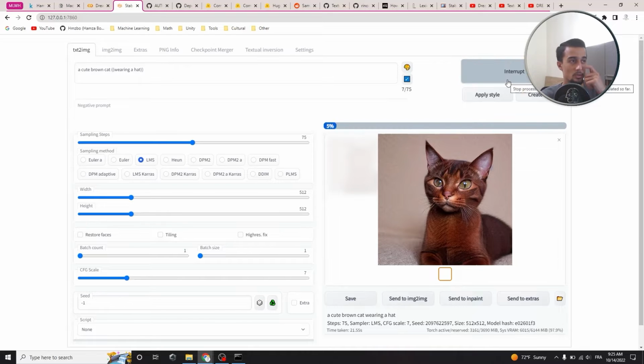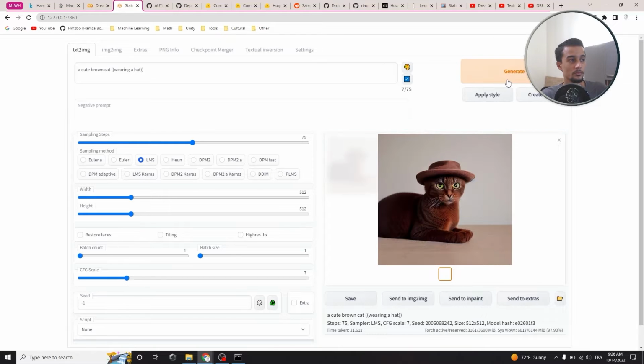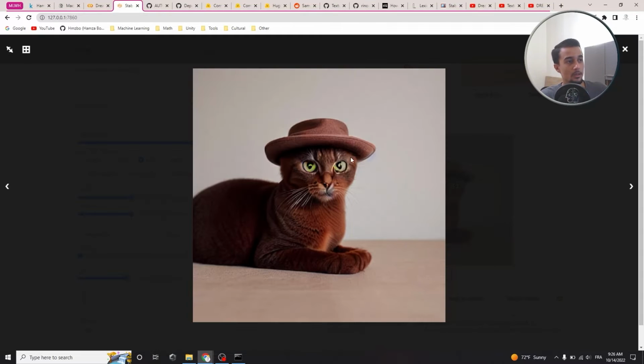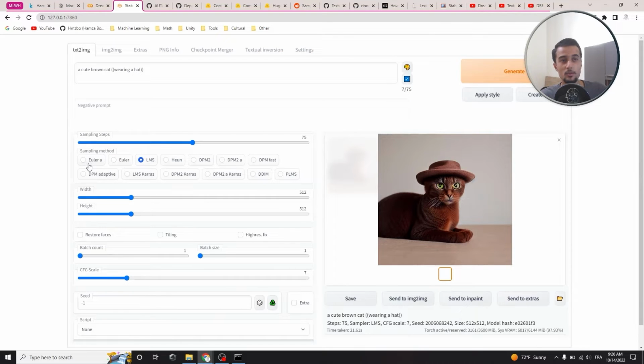So let's generate again. Okay, so now we have indeed an image of a cat wearing a hat, and it is quite defined, but it is not as realistic or highly defined as the previous images that we obtained using